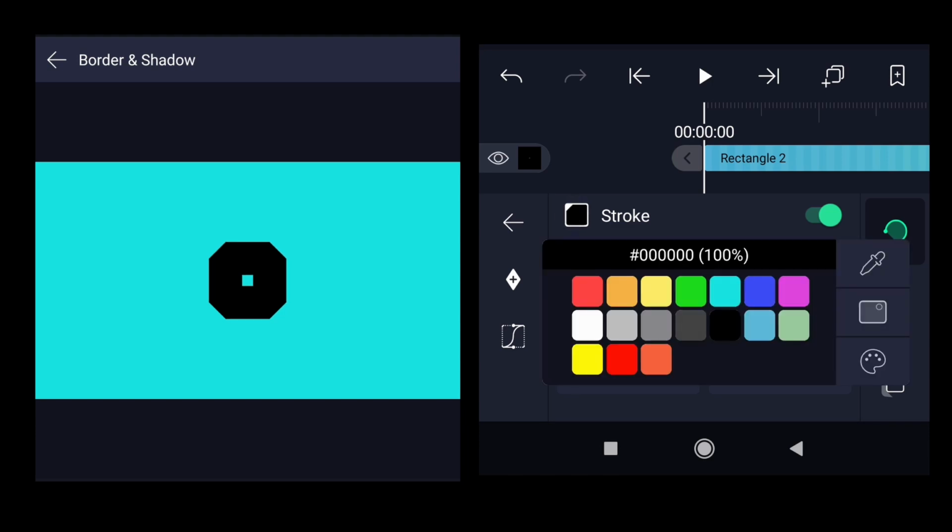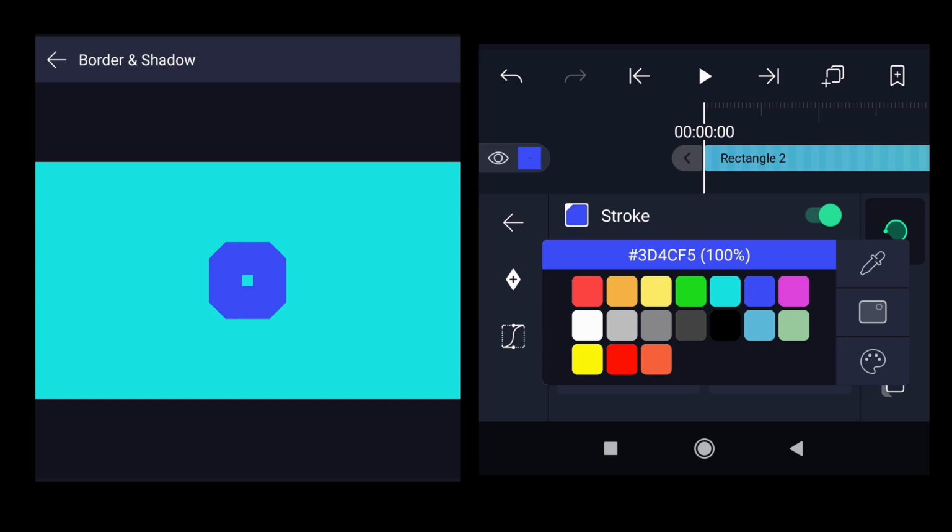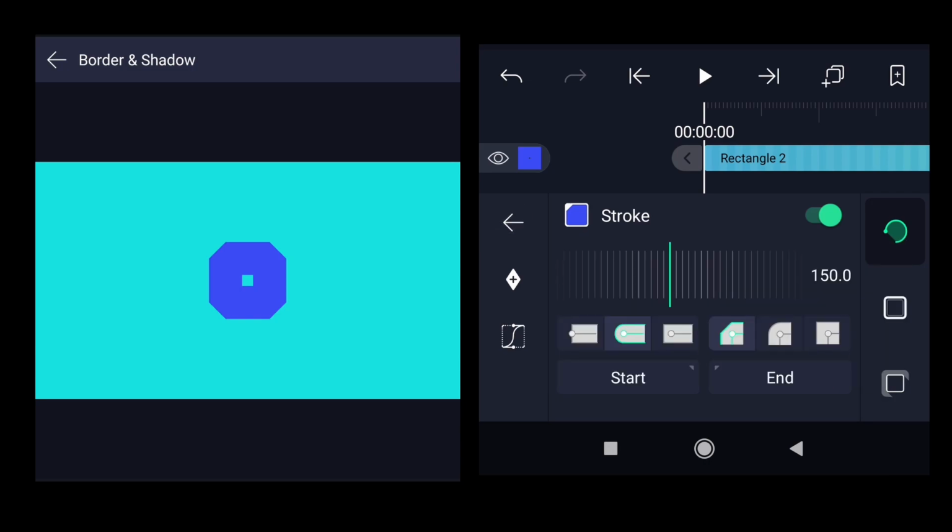Change the color of the stroke to the dark blue. The hex code is #3D4CF5. In case it is not there, you can copy it and add it to your palette. You can see the corners of the rectangle are not looking great. So let's change that by clicking on the third button on the end side, and then also make the flat